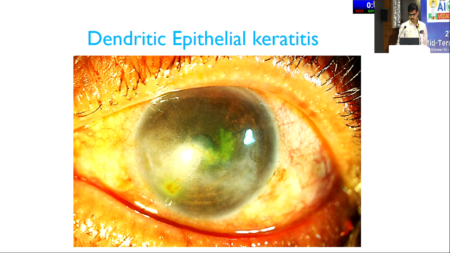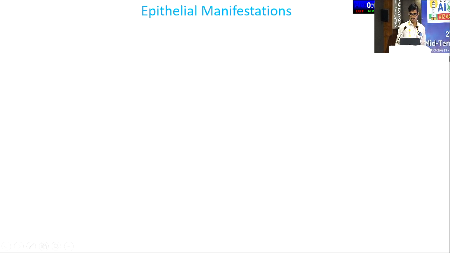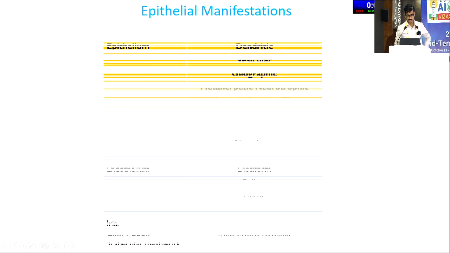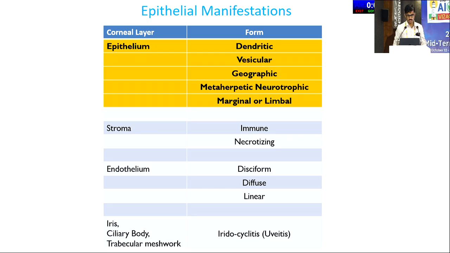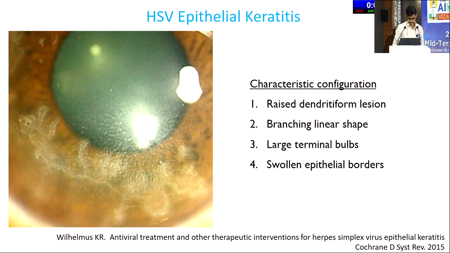So what are the various epithelial manifestations of HSV keratitis? First is the vesicular form. Vesicles unite to form a dendritic lesion, and after dendritic, then a geographic lesion, and there can be a neurotrophic ulcer and marginal keratitis. Coming to the dendritic lesion, the characteristic features are that they are raised lesions with branching